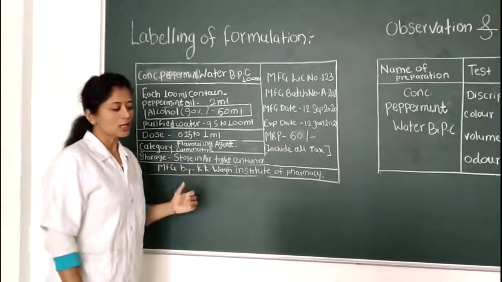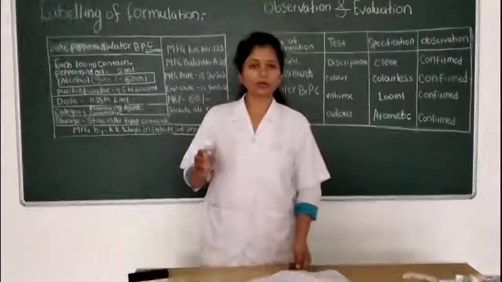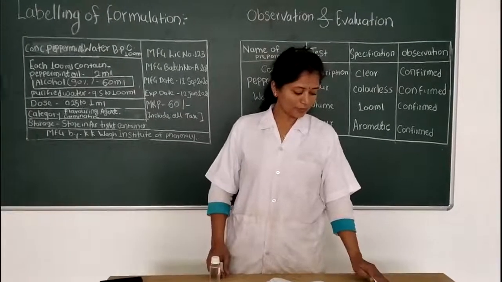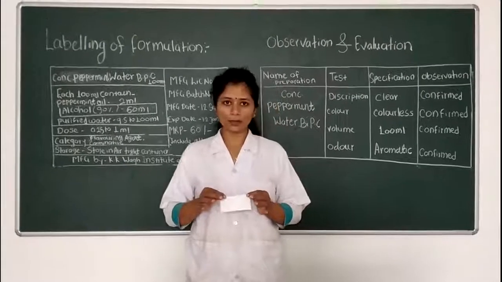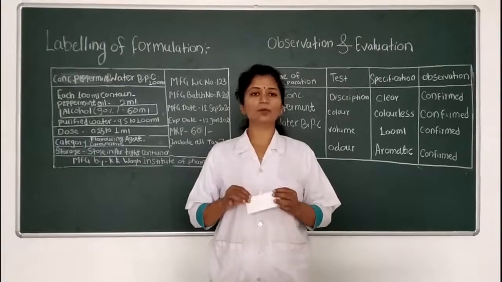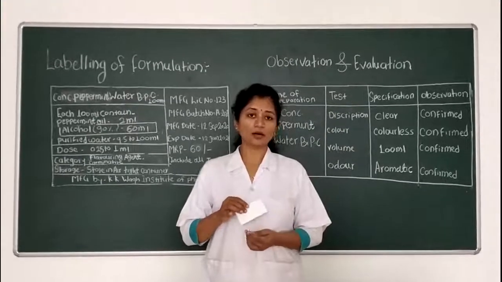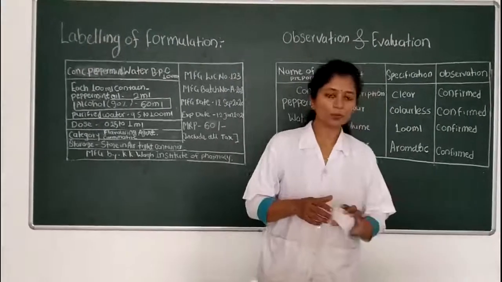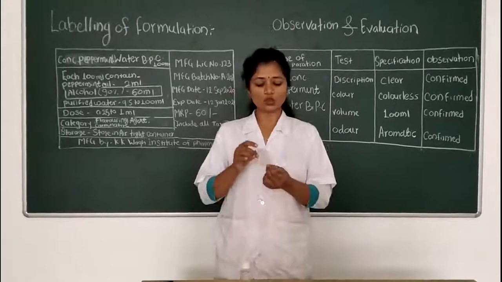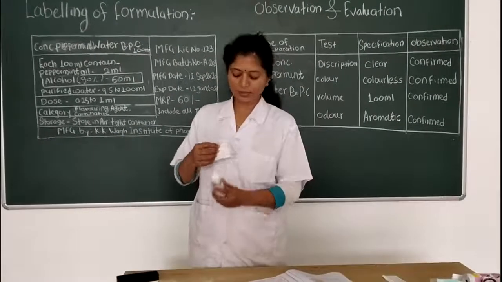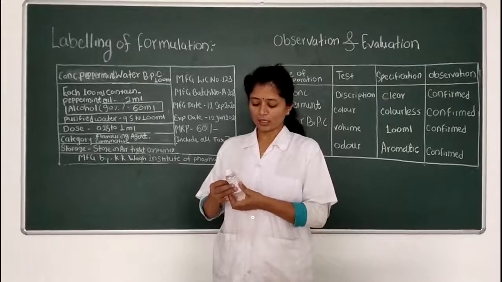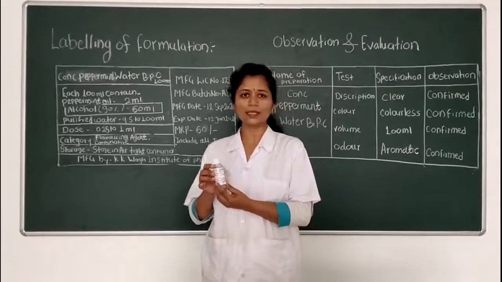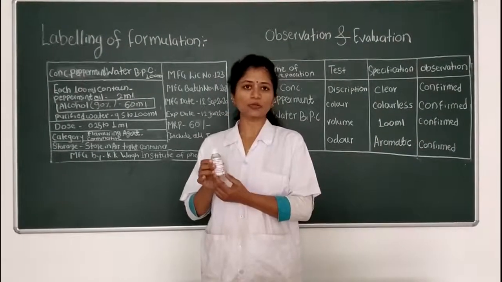Labeling formulations. Here we fill our final preparation in the final container. For making the label, we should take a bond paper of appropriate size, and on that we use different colors to make our label attractive. This one is the specimen copy we made, and all the details should be mentioned on it. And we stick our label to our container in such a manner. Our label should not be too big or too small. It should be of appropriate size, and it should look nice on our final preparation.